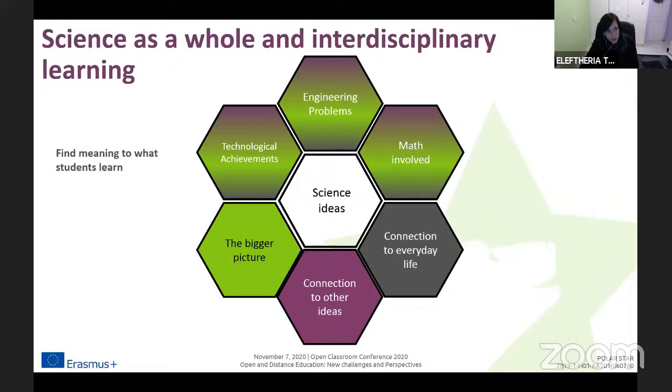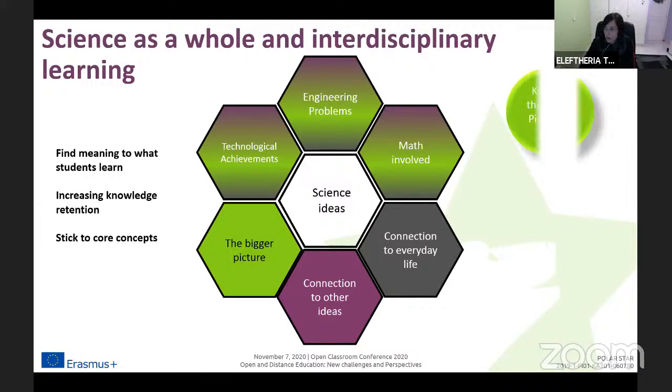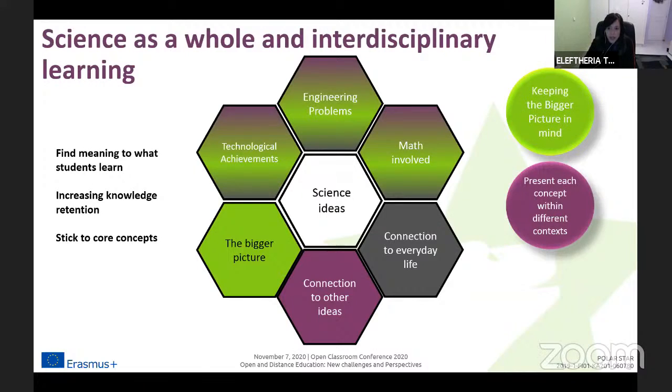And we do all that because that's how we feel students will find meaning in what they learn, because we believe this will increase their knowledge retention, and because we think this will help them stick to the core concepts. And in Polar Star, like I said, we do that using three tools: the bigger picture in mind, different contexts of concepts, and